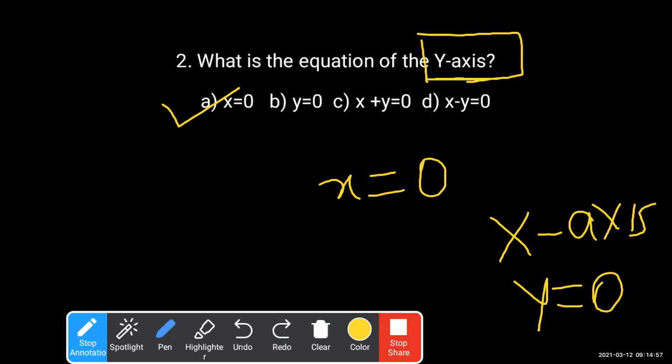This particular type of question was asked in the board exam also, in the SSC board exam. So, students, all the things you are learning now are always correlated to your next academic year.